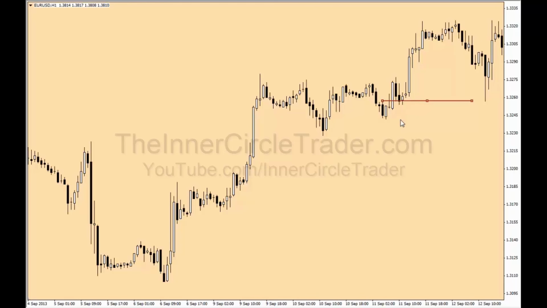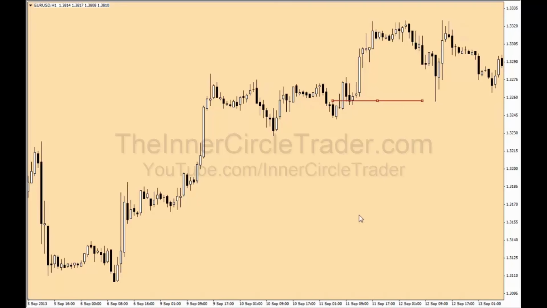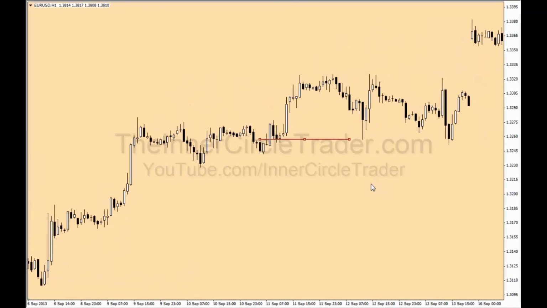Look at the reaction you're getting. And I want you to pay attention to the dates at the bottom of the chart, because you're going to see how many times these setups present themselves. We have another bearish order block right in here, or we could use the order block. It comes down, certainly down into it there, but we're going to be a realist and we're going to say that you're utilizing